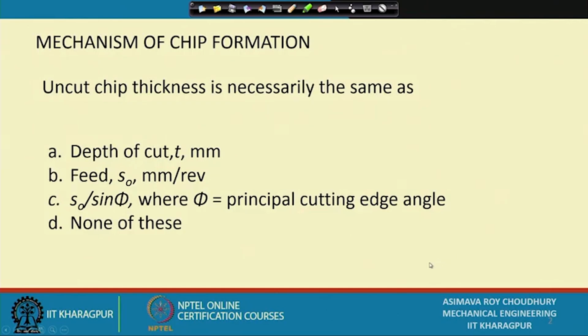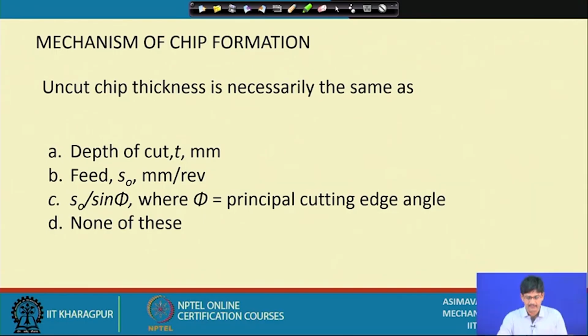So, mechanism of chip formation. Uncut chip thickness is necessarily the same as depth of cut t in millimeters, feed S0 in millimeters per revolution, S0 by sin phi, where phi is the principal cutting edge angle, and none of these. So, if we quickly have a look at the figure, just to remind you,